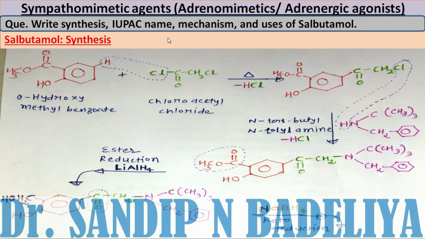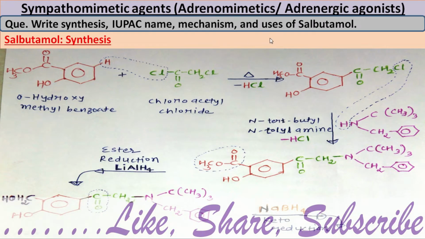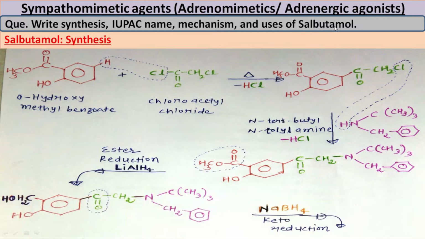Welcome dear friends. Today we will discuss synthesis of salbutamol. In your examination, the question will be asked in this manner: write synthesis, IUPAC name, mechanism and uses of salbutamol. So in that question you will give synthesis of salbutamol, then you will mention IUPAC name, mechanism and use of